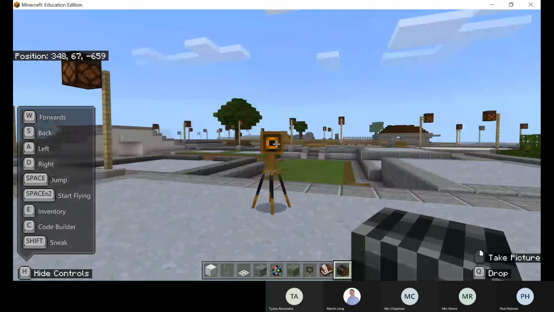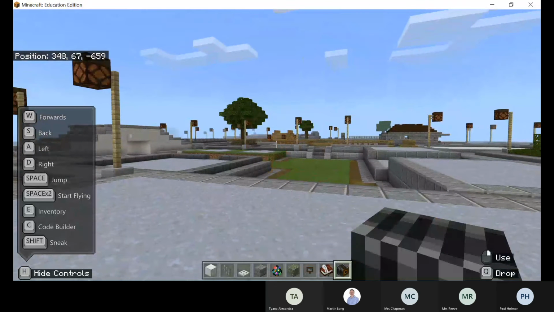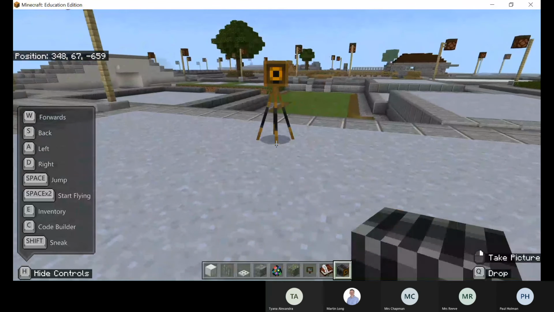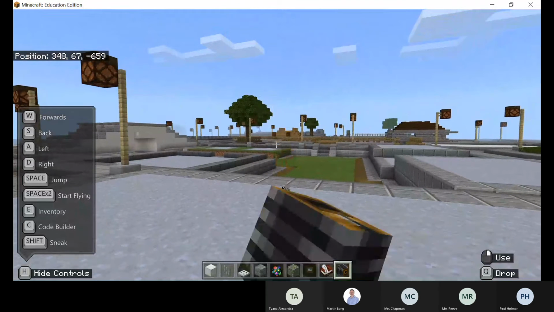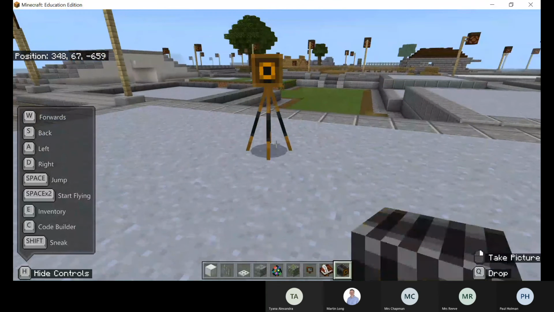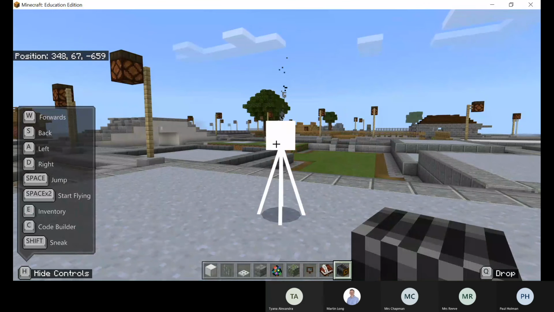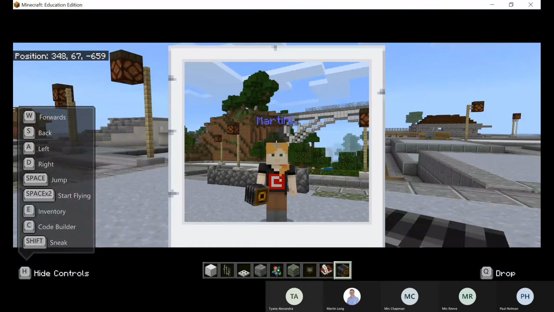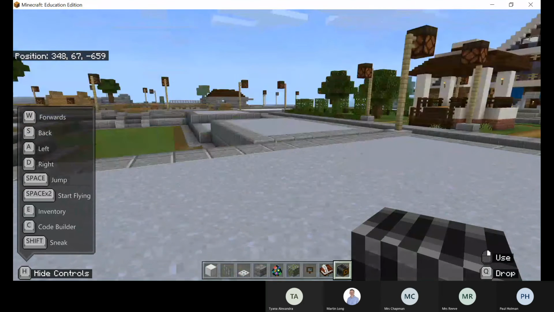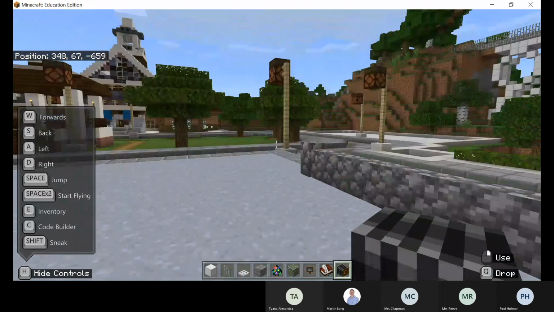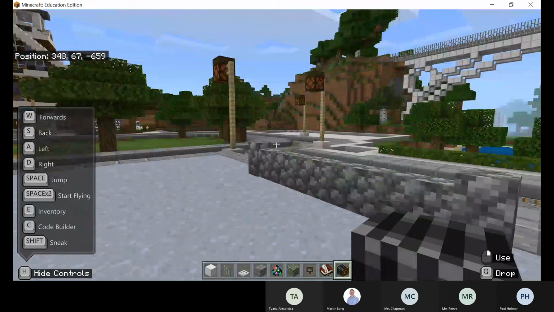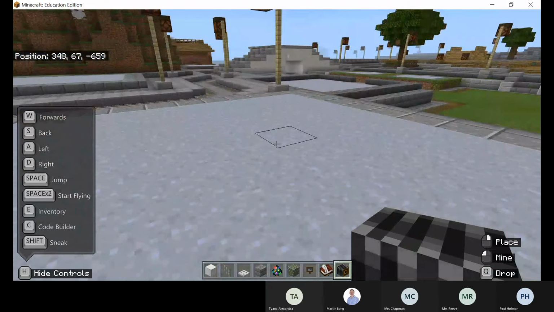Then I can click on the camera, and what the camera will do is it will take a picture of me. It got a picture of me with my bridge in the background and what I've just created, and that's evidencing my learning. And you teach pupils to do that so that teachers can look at the book.